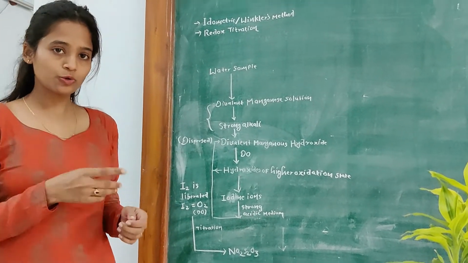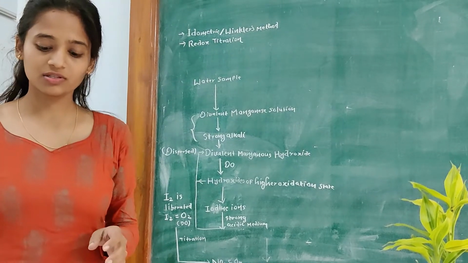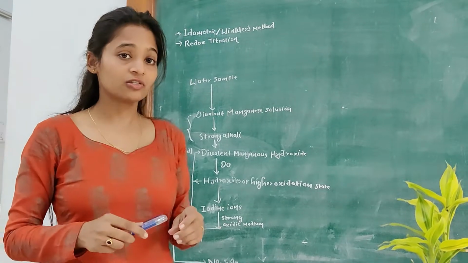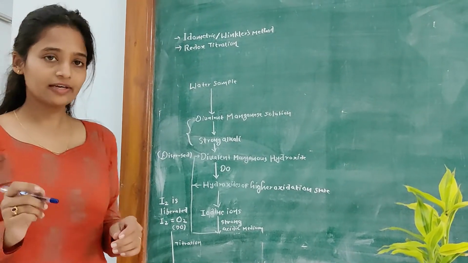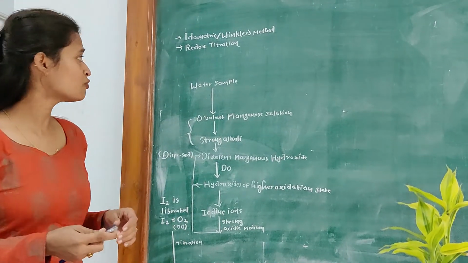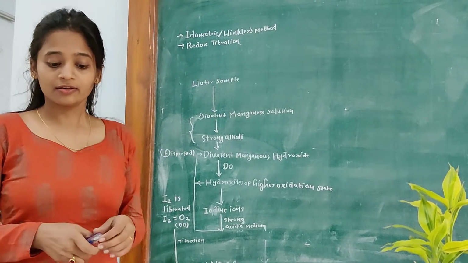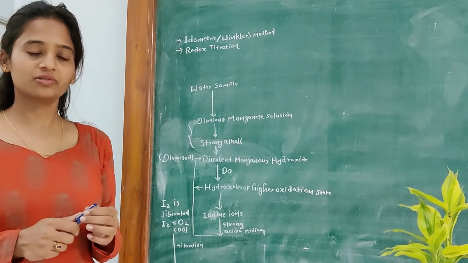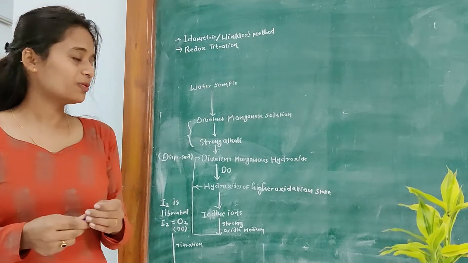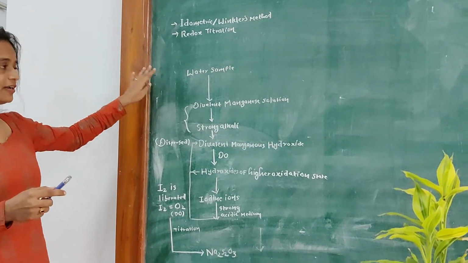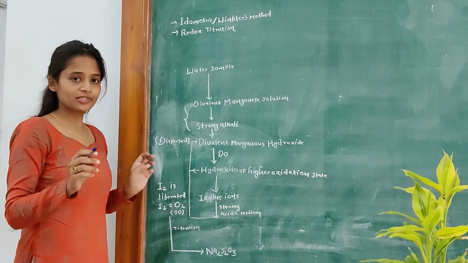Okay, so before starting our titration, let's take a quick review of the principle. You go through your procedures first because this is quite a lengthy type of titration. So you first read the principle in your procedures. So what does it tell? If you read your principle at once, then it seems quite difficult, right? So to simplify that, I have drawn this flow chart.